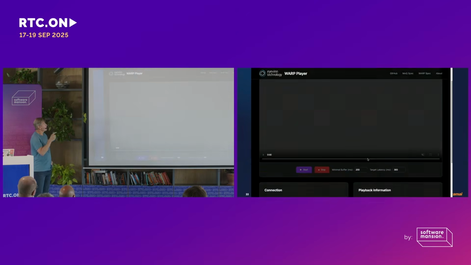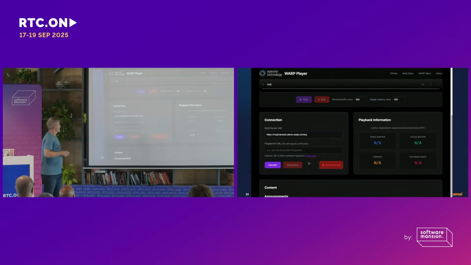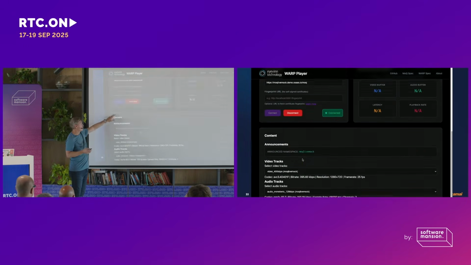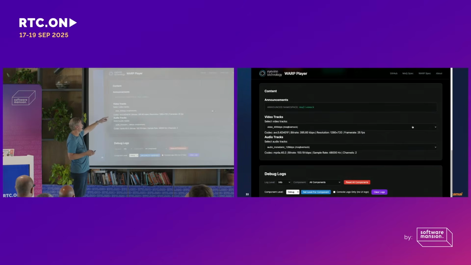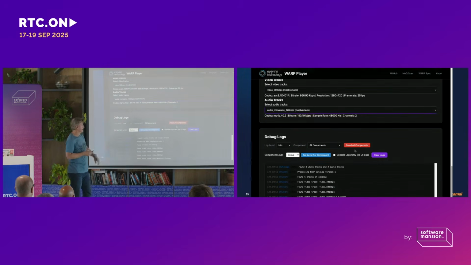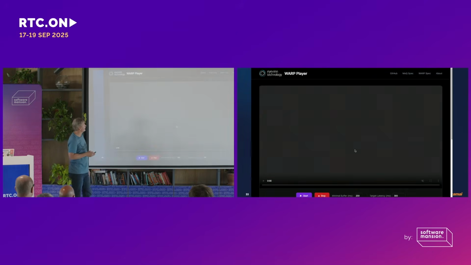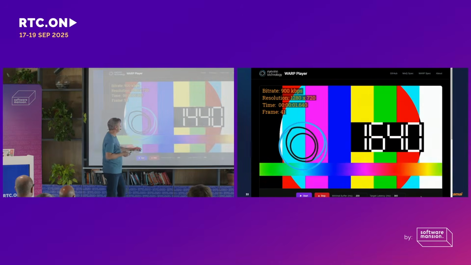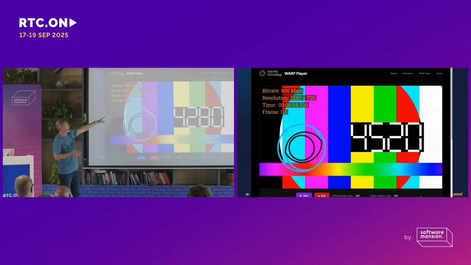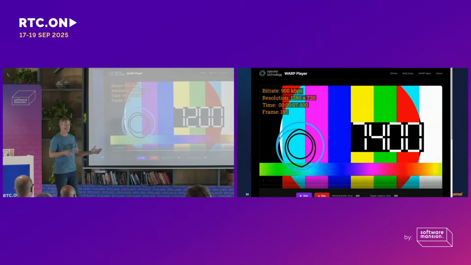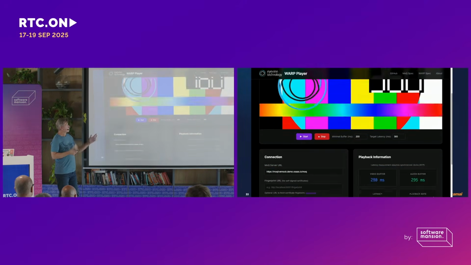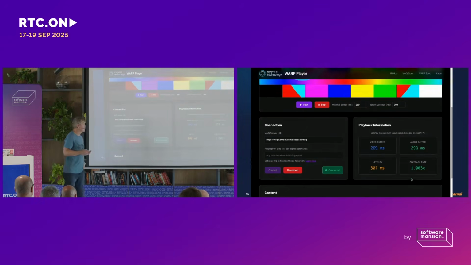He's written a player. This player is running inside Chrome. So he's going to basically connect to what looks like an HTTP3 URL, right? That's going to establish his WebTransport connection. He connected, he got the catalog, and the catalog says, oh, you've got 3 video bit rates. He chooses one of them. He's manually selecting this. A player would automate the selection, right? This is a debug and dev tool. You can go and set the buffer you want and the latency you want, target latency 300 milliseconds, and then your video starts playing. And it's a special video where it's got the time code baked in, so you can do a bunch of testing. This is built by Torben out of Ivin in Sweden.